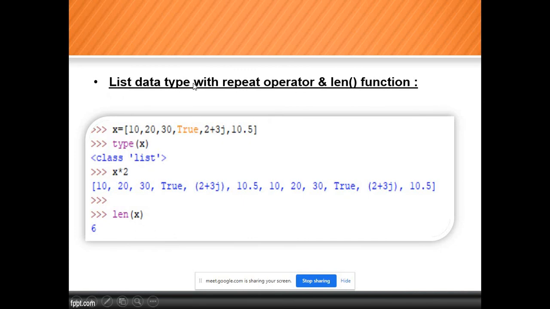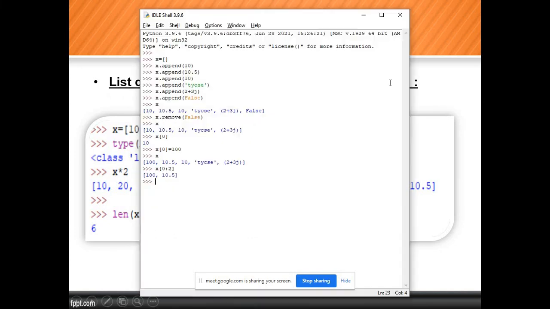List data type with the repeat operator and length function. We can use the list data type with x multiplied by 2. See, the data will be copied 2 times: 10, 10.5, 100, 10.5, 110, TYCSC, again 10, again 100, 10.5. Also we can use the length function of x.